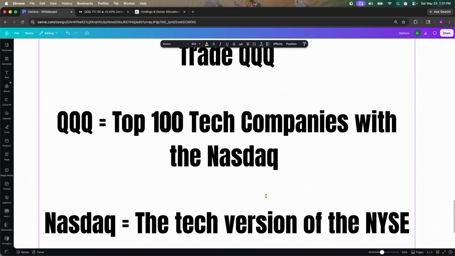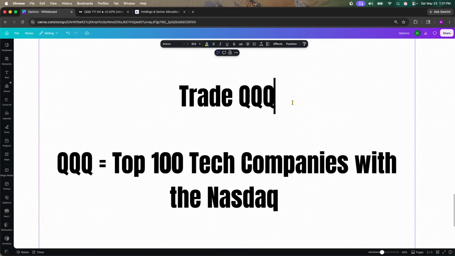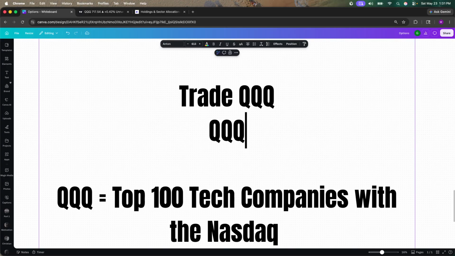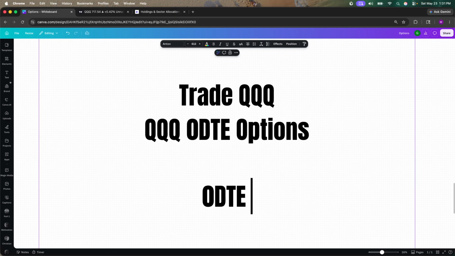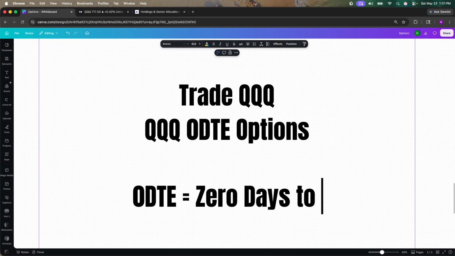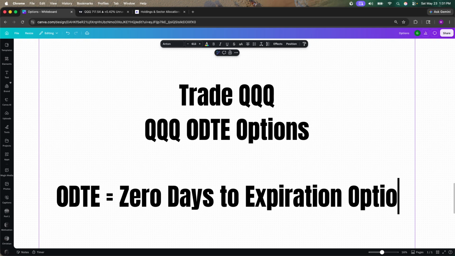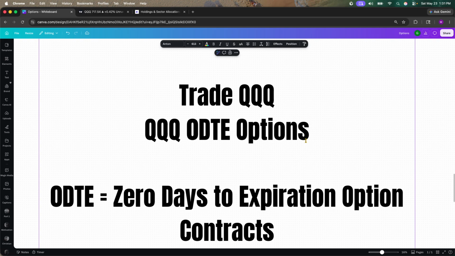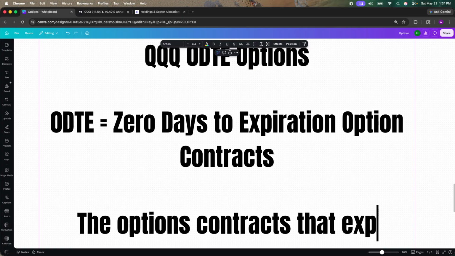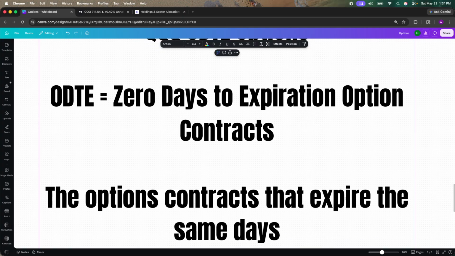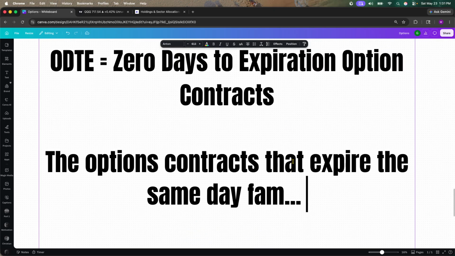So what we want to do is create a strategy that's going to trade QQQ, but it's going to trade QQQ 0 DTE options. Now we have a lot that we just brought up here. So 0 DTE, these are 0 days to expiration option contracts. So in layman's terms, these are option contracts that expire the same day, fam. Same day. All right, and the reason I like 0 DTE,